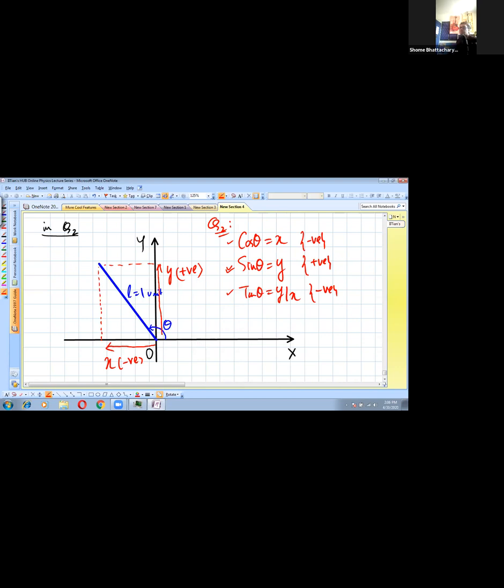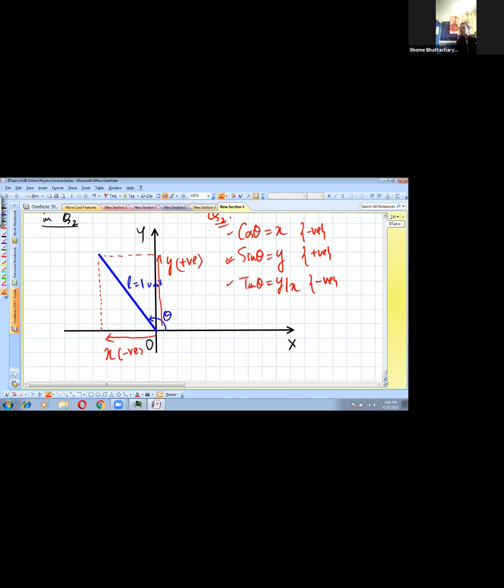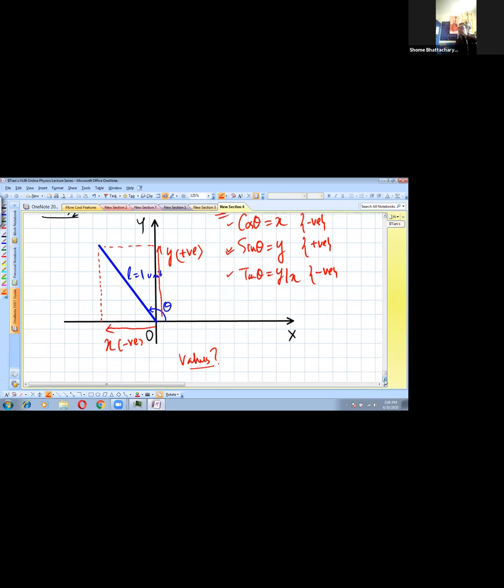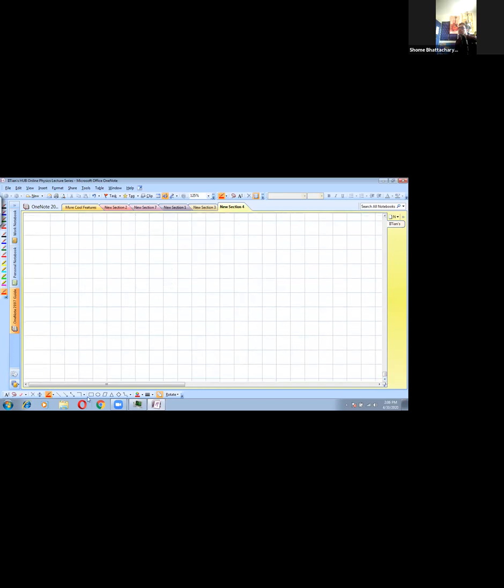Now the next thing is, given the value of theta, how will I actually find the values? So first just absorb this information and write this down. Then we'll see how to actually get the values. How will we find the values? Okay. So to get the values, we use a trick now, wherein